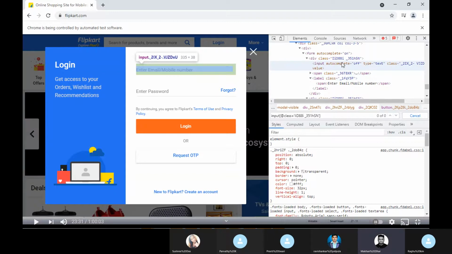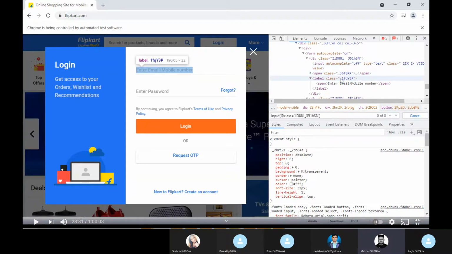First you select that cursor symbol. That is how to find the element. Before the elements in the console, there is one symbol, your mouse cursor symbol, on top of the elements line.